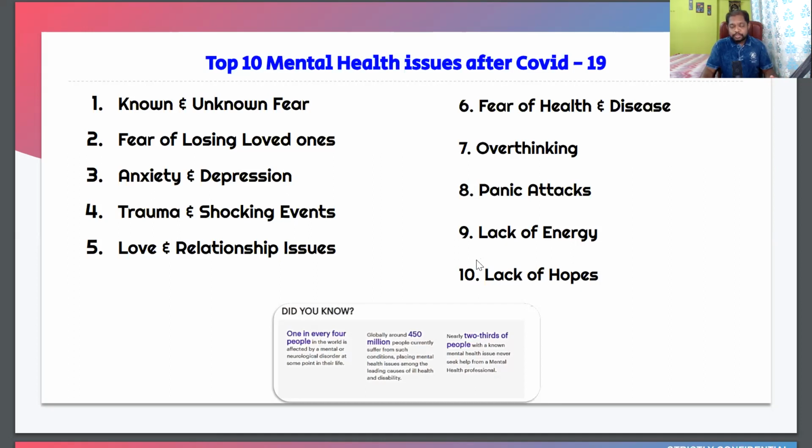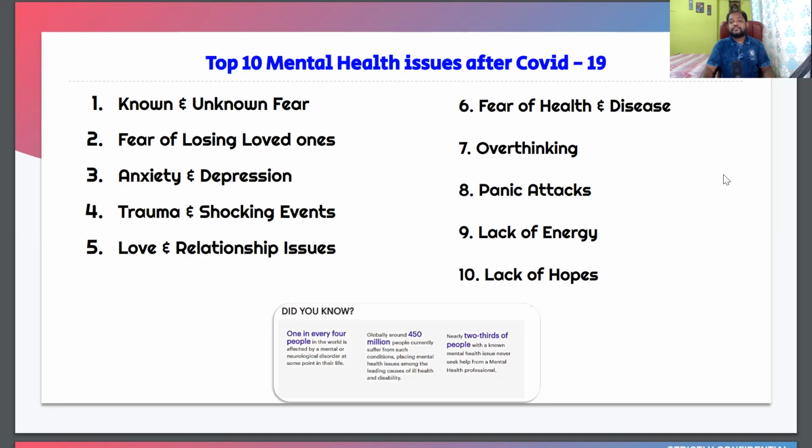Love and relationship issues. Definitely there is an impact on love and relationships among people, because the way of dealing with situations, the way of living in our life, has completely changed. The people who were working in offices have started working at home, and that brings them to spend more time with the people around them, which should positively impact their life, as they are giving time to each other. But it is also happening in another way, which is conflicting and increasing love and relationship issues.